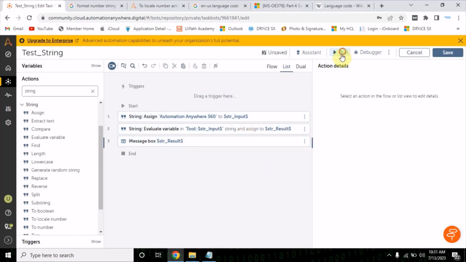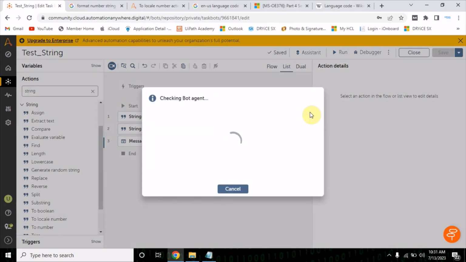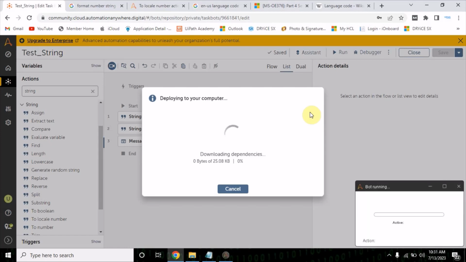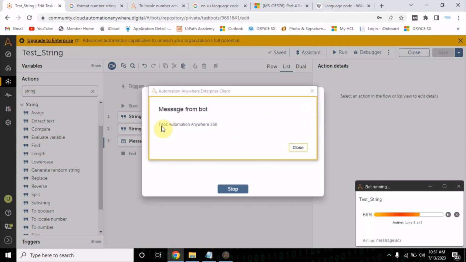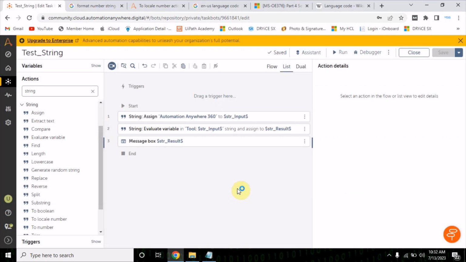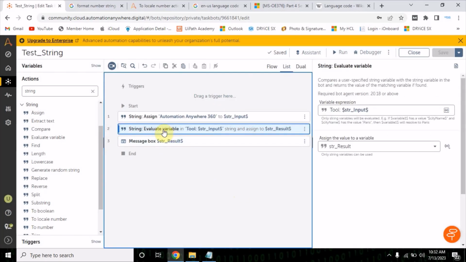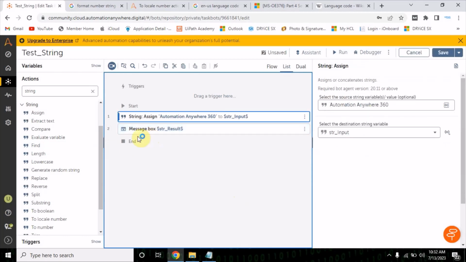Okay, now if I run this, it is going to append this value. So it is going to give me the tool automation anywhere 360. So here you can write the expressions. Okay, now let's move to the next